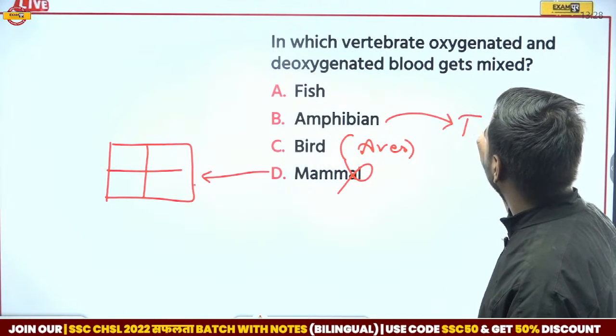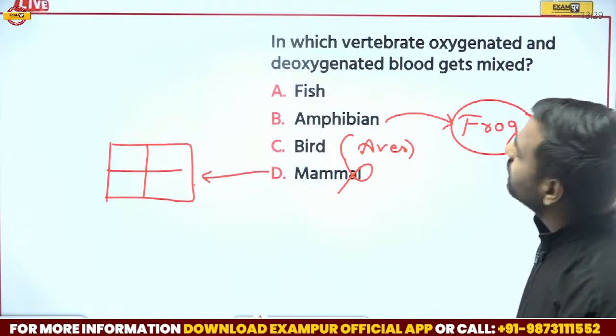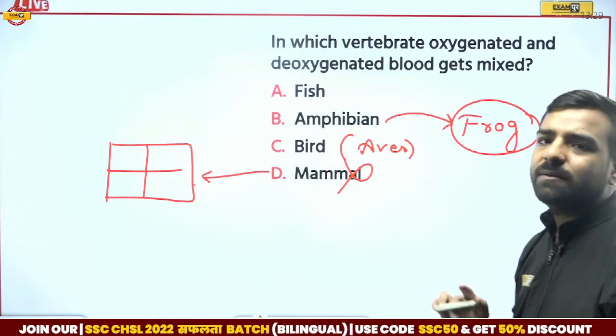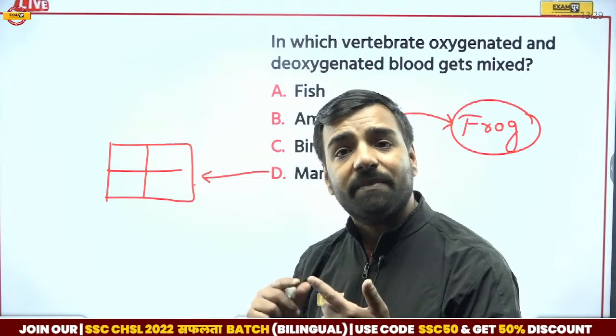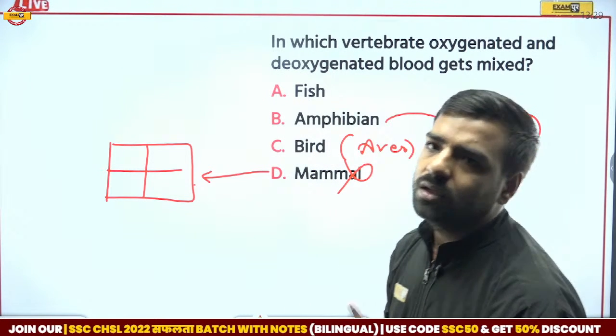In the amphibians, where we talk about frogs and all, please remember what happens. Here the heart is actually designed in such a manner where oxygenated and deoxygenated blood can get mixed. Right? So here amphibians is going to be the correct answer. Cool. Next we have